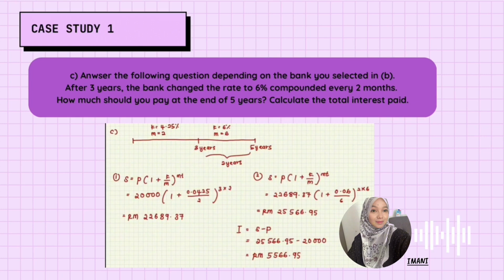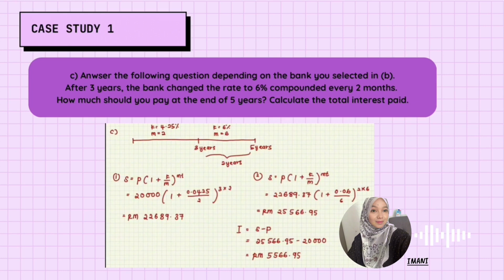So next, after 3 years, the interest rate changed to 6% annually, compounded every 2 months. The new principal became 20,689 ringgit 37 cents, and using the same future value formula, P is 20,689 ringgit 37 cents, and bracket 1 plus 0.06 divided by 6, where 6 is the frequency, and power 2 times 6. So the amount at 5 years was found to be RM 25,566 ringgit